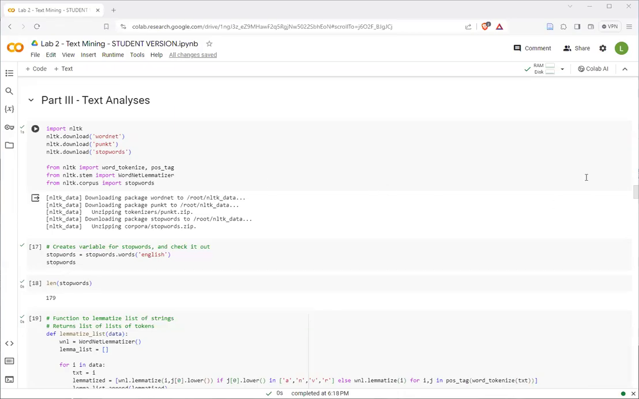So here we're going to be focusing on text analyses, different types of text analyses using the NLTK package, doing some processing of calculating the common terms in the messages, and also doing sentiment analysis later on. So first we're going to import several packages that are pretty standard for NLTK,